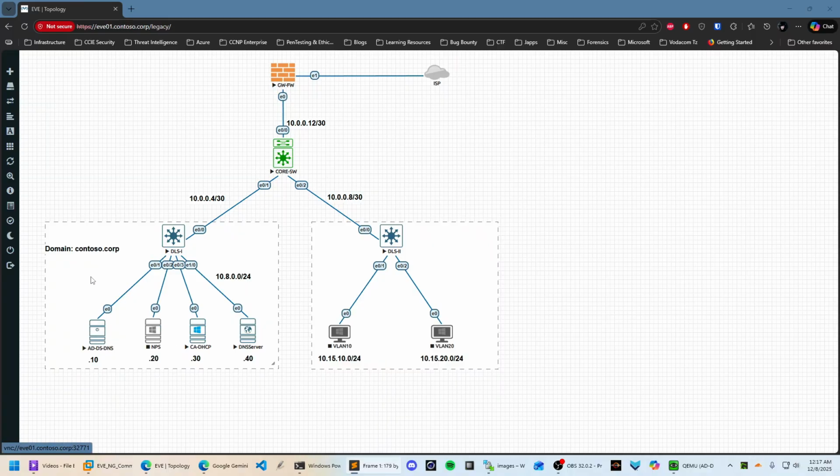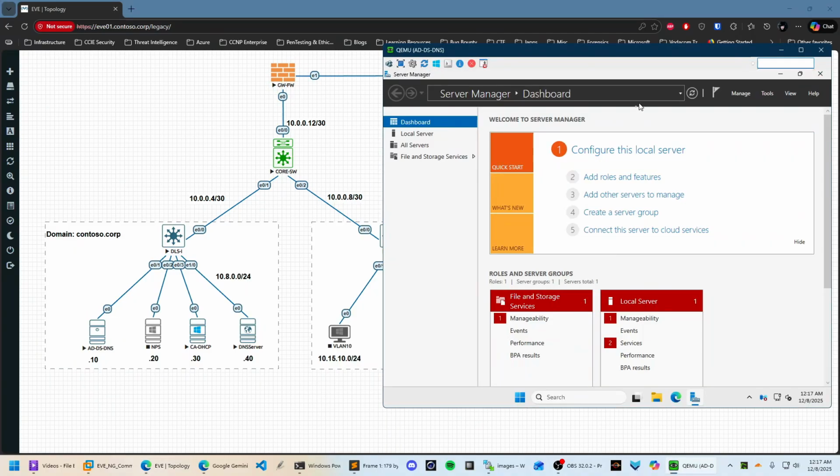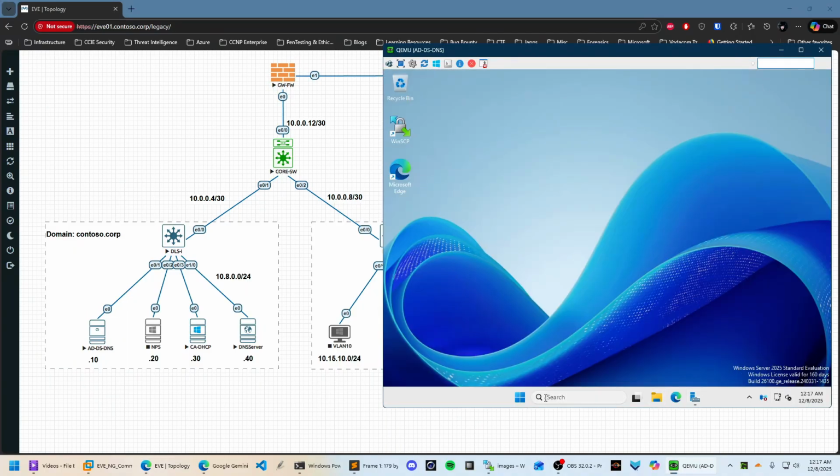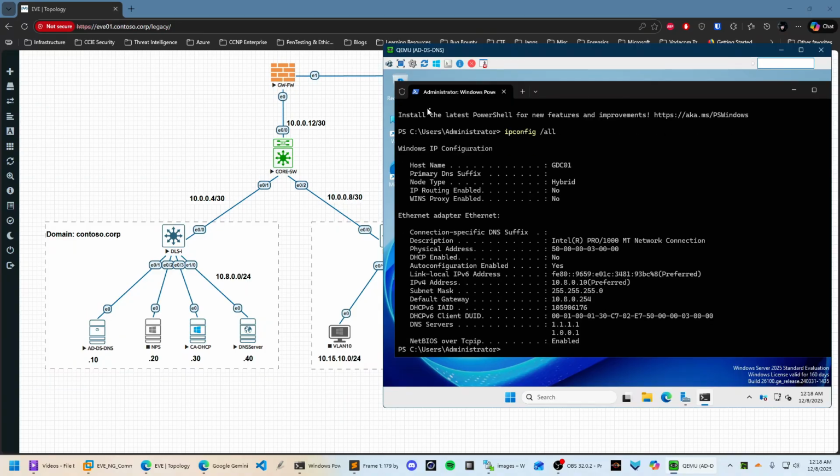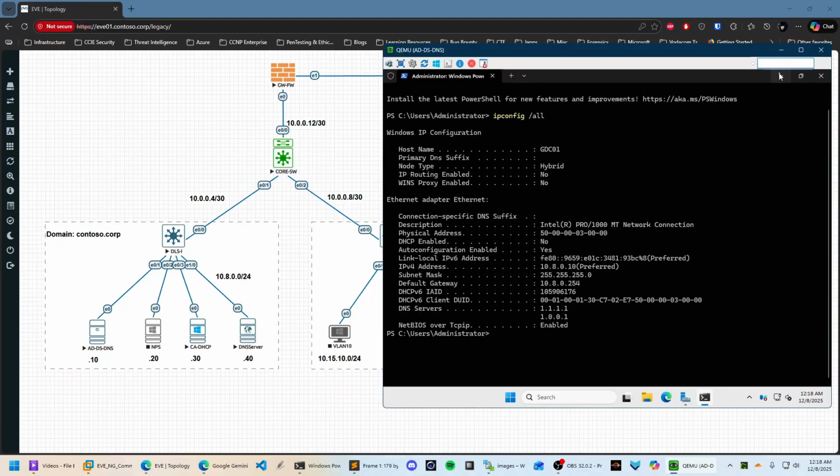Here is the server at 10.8.0.10 from the topology. It's right here, and I have the IP address configured there. We can just do ipconfig. We see that it's using the public DNS, which is Cloudflare, but we might change that as we go on. All right, so here's the IPv4 address, and the host name here is GDC01, which is a global domain controller. So let's begin